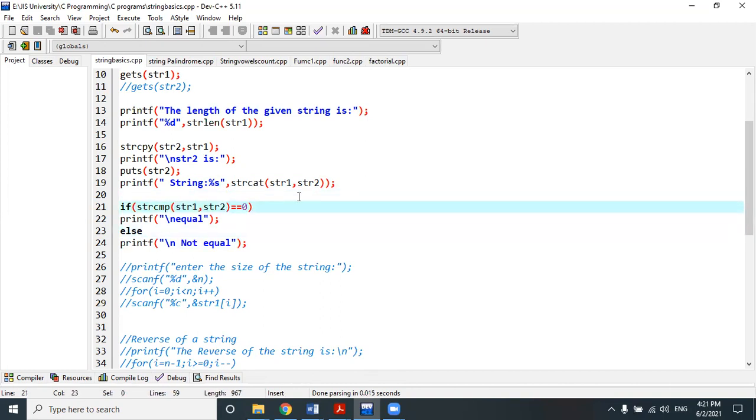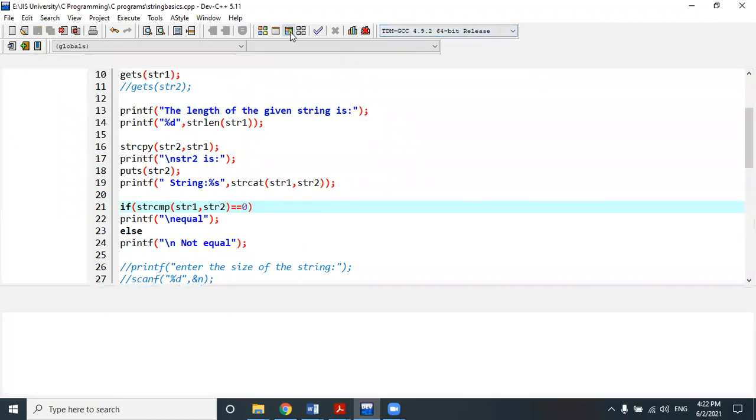So if, instead of double equal to 0, we put greater than 0, can anyone tell me what it means? That means if the first string is larger than the second string, then it will be greater than 0. Now, how can we compare the largeness of the two strings? Based on the alphabetical order. Yes, go ahead. Sir, I was thinking it is done by length, sorry sir. Larger. Okay, we will check it. First double equal to 0, then we will check the larger.